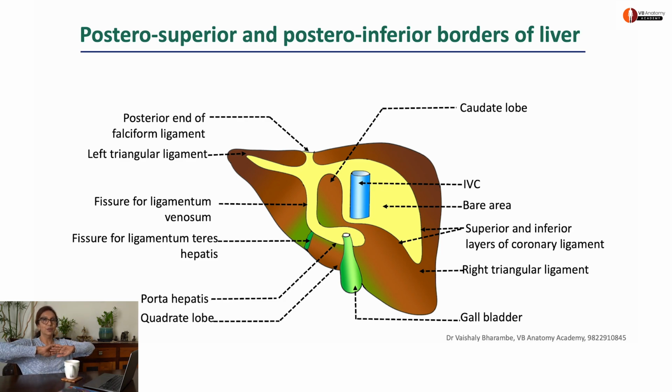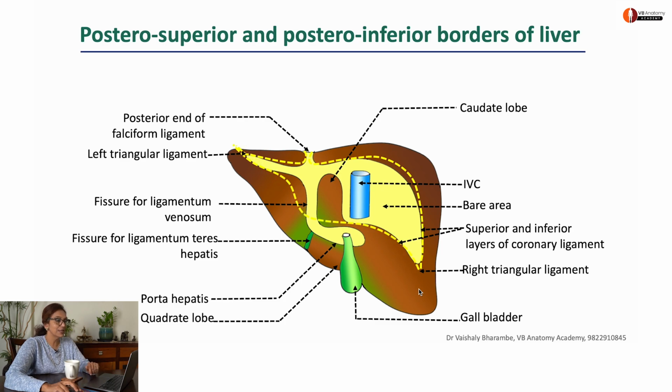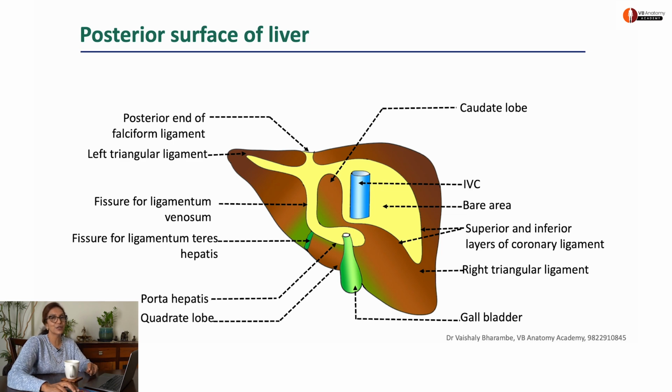Right. So anterior done, superior done, right lateral done. Let's go back. Posterior surface. So now you're looking at the liver from posteriorly. This is the posterior superior border we've talked about. And this here is the posterior inferior border. And the area bound by this in between is the posterior surface of liver. Okay. So we're going to study posterior surface from right to left systematically and talk about the relevant anatomy.